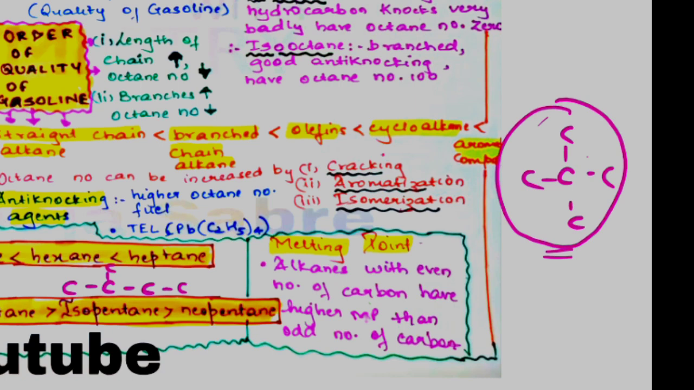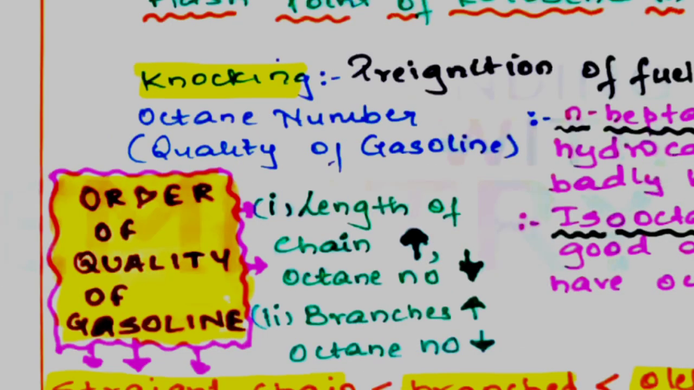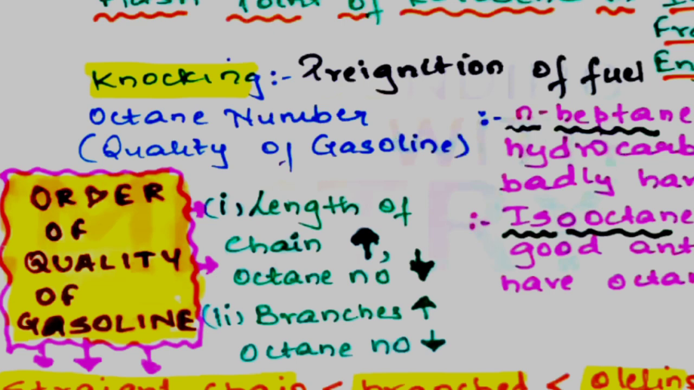Now for melting point, remember alkanes with an even number of carbon atoms have a higher melting point than those with an odd number of carbon atoms. The next very important point is knocking. Knocking is basically pre-ignition of the fuel or air mixture in the cylinder ahead of the flame. It reduces the efficiency of the engine and can also damage the cylinder and